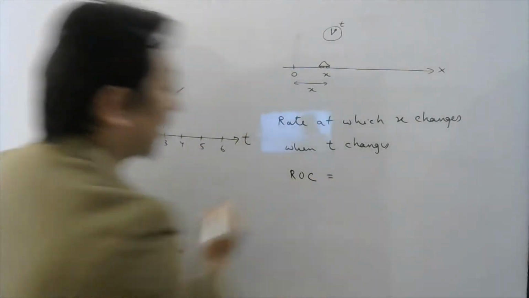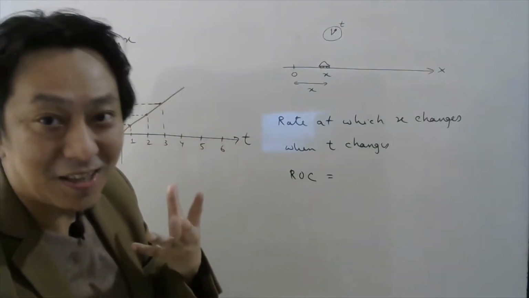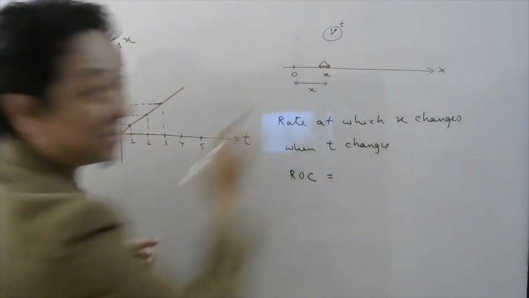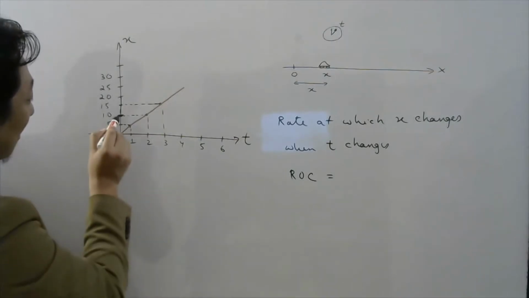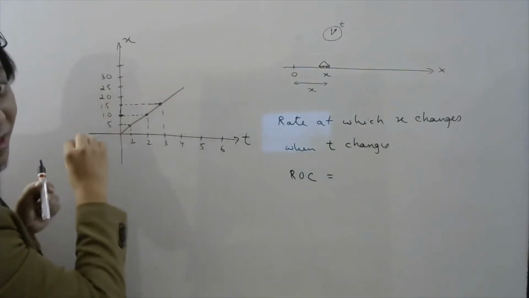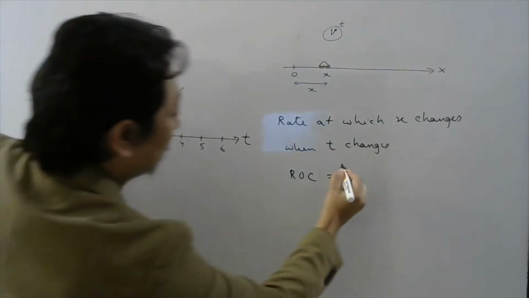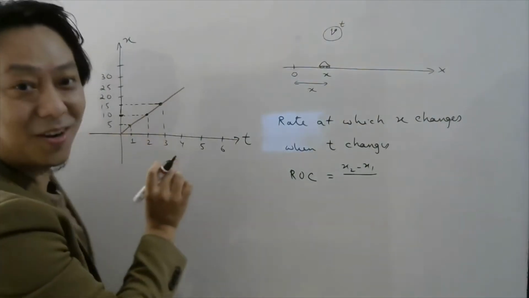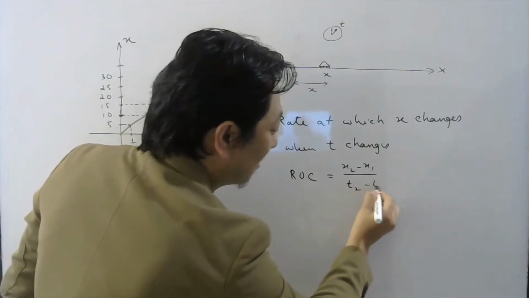So how would I calculate the rate of change of position with respect to time? Already we have seen in the case of run rate, right? So we will see the graph of how the position of the car changes, and let's assume the graph looks like this. I hope you can tell me quickly that if you take any 2 points and divide the difference in y coordinate, but remember here y coordinate represents position, so difference in y coordinate would be x2 minus x1, divided by difference in x coordinate, and now x coordinate is, remember, time, so it would be t2 minus t1.